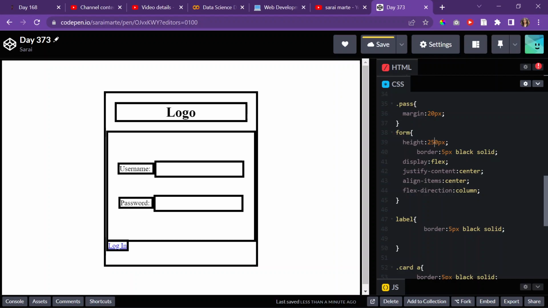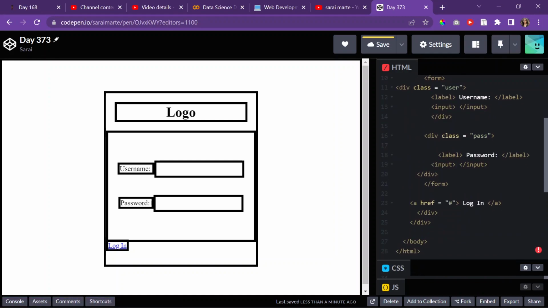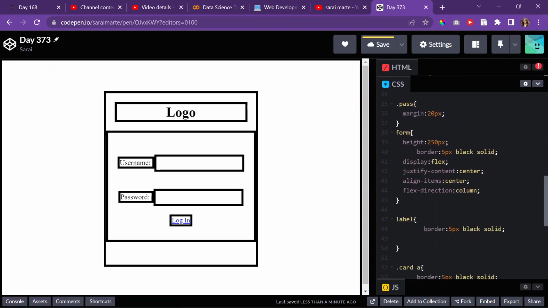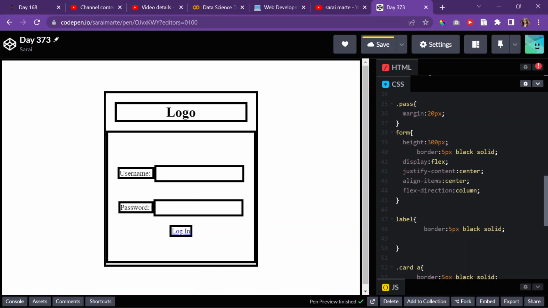And then maybe what I can do is I can just bring in the A tag inside the form. So it's inside. That works a lot better. And then given that, I could just do 300, and that works out that way. Alright, and then